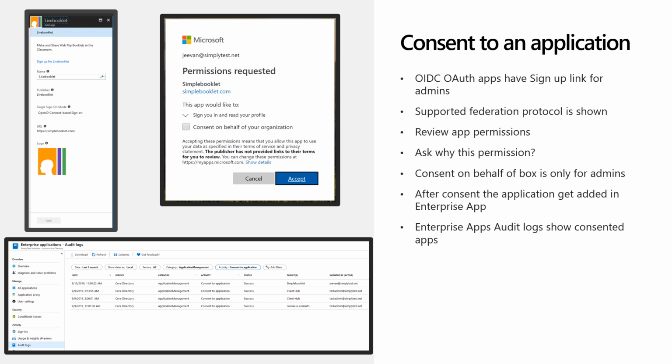That means if you are a global administrator of your Azure Active Directory and providing consent to the application, then at that time, you can say consent on behalf of your organization. So think about a scenario where you are deploying this particular application for thousands of users in your organization. You do not want users to see this particular screen and everybody to click on that accept button, because half